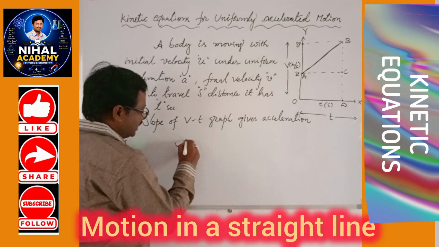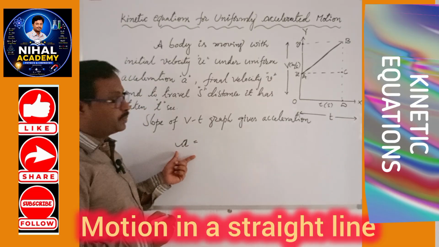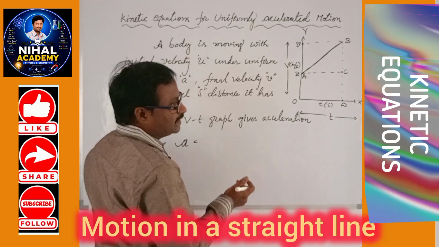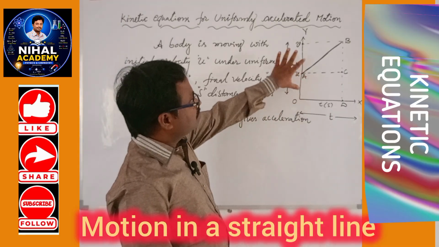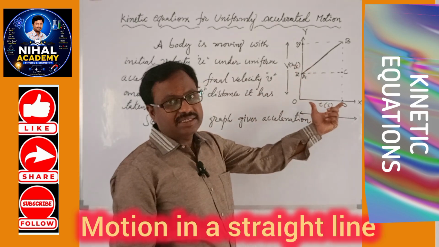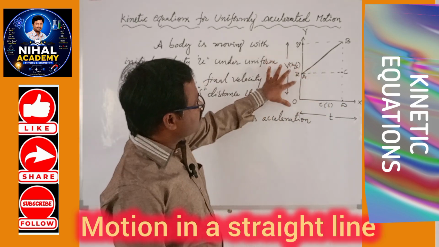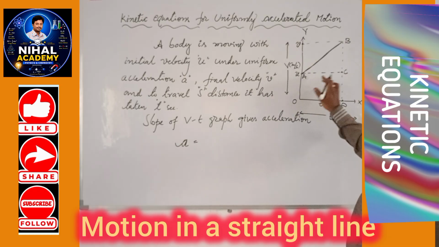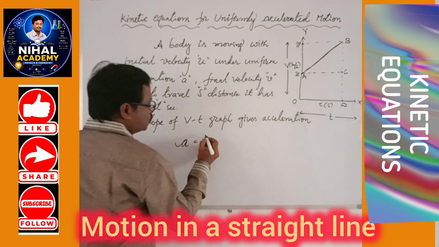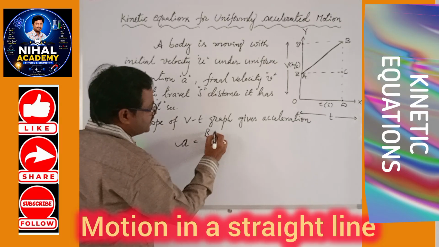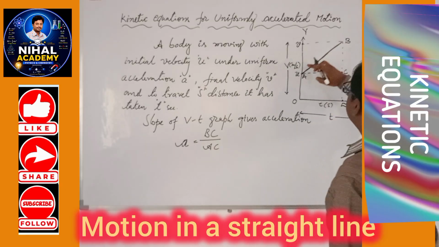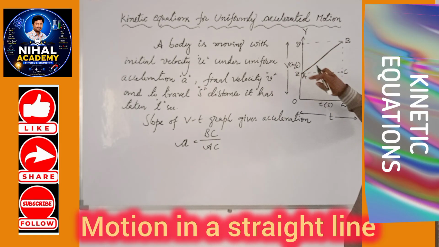So acceleration a is equal to, we know that a is the letter to represent acceleration. a is equal to the slope. How can we calculate it? Difference on the y-axis by difference on the x-axis. So the slope of the graph is equal to BC by AC. Here BC is equal to the difference between the final velocity and initial velocity,